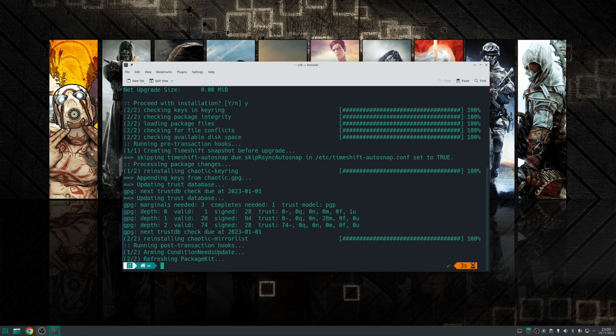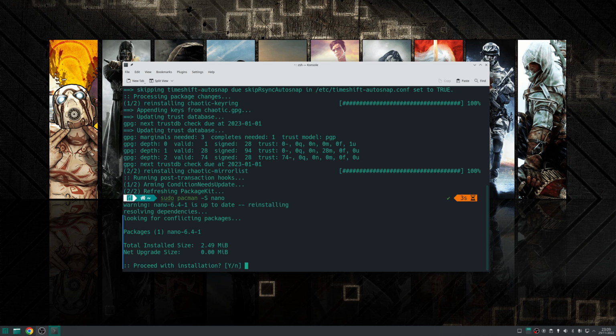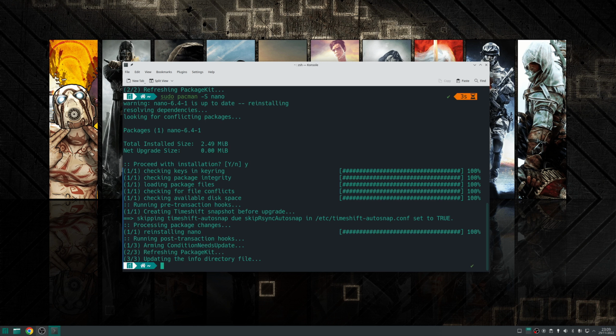Now we need to make an edit to the pacman config file. The easiest way to do that is to use a text editor such as Nano. We can install Nano using sudo pacman -S nano. Press Y to confirm. And then we can open the pacman.conf file, which we can do with sudo